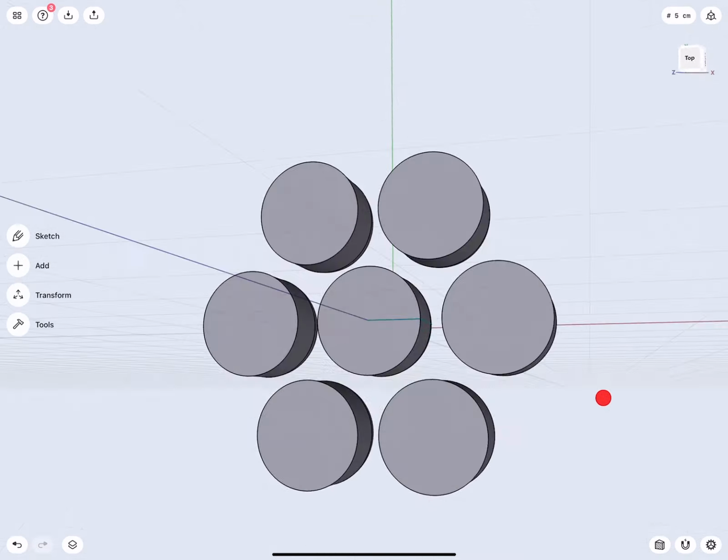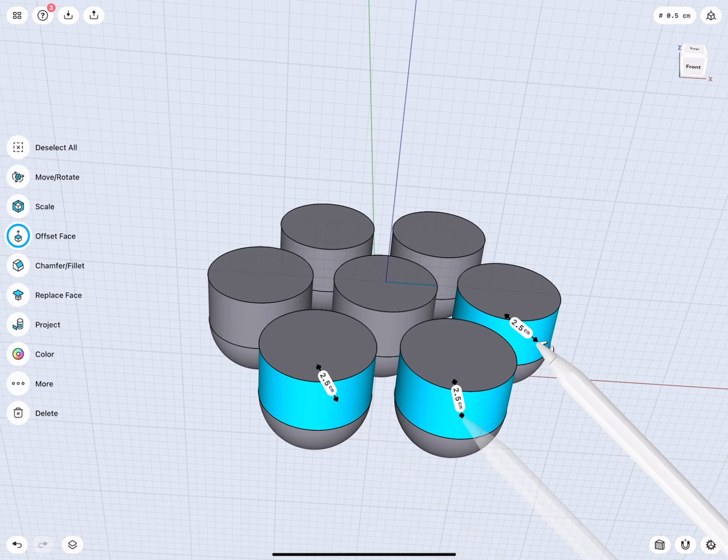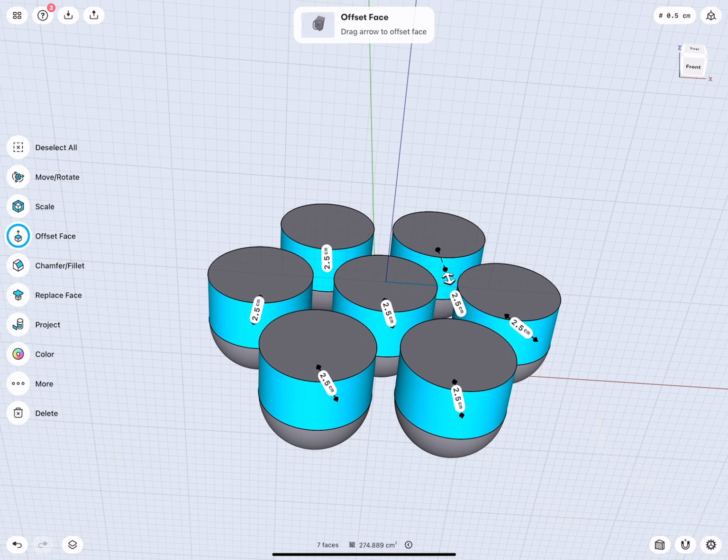Yeah, this actually looks good. So these shapes are the outer diameters. Okay.